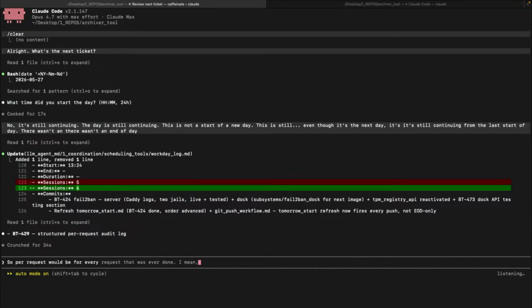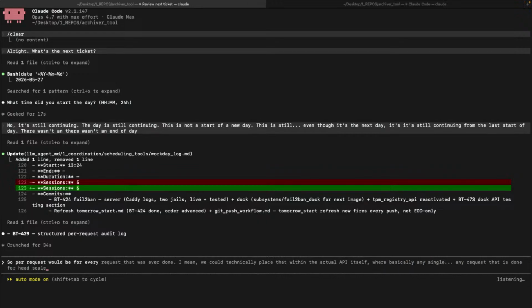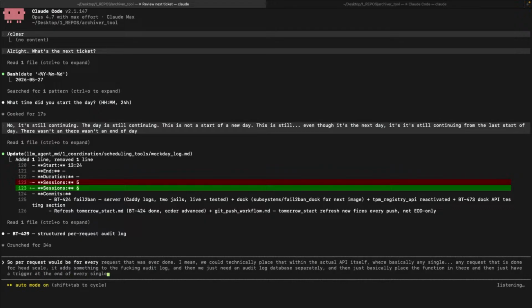I mean, we could technically place that within the actual API itself, where basically any request that is done for Headscale adds something to the audit log, and then we just need an audit log database separately, and then just place the function in there and have it trigger at the end of every single time that it does anything with Headscale, which basically is what the current